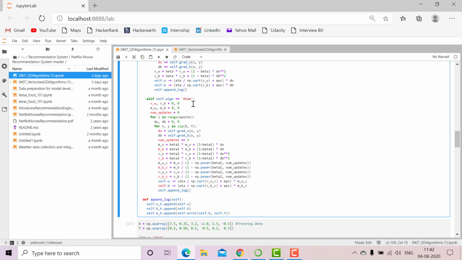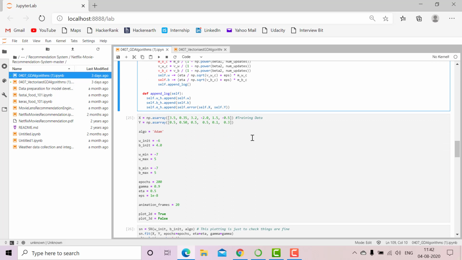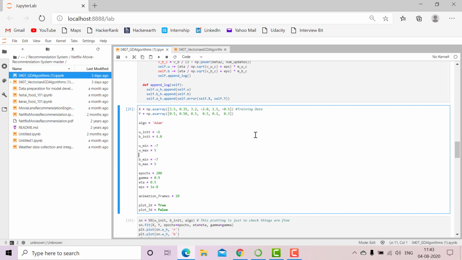and similarly for adam. Now append_log function with parameter self. Here self.w_h.append function with parameter self.w, and similarly for b_h, and finally self.e_h.append function with parameters self.error function. Here the parameters in the error function are self.x, self.y. X is equal to np.asarray function with this value. Here we are just going through the training data, and y is equal to np.asarray with these